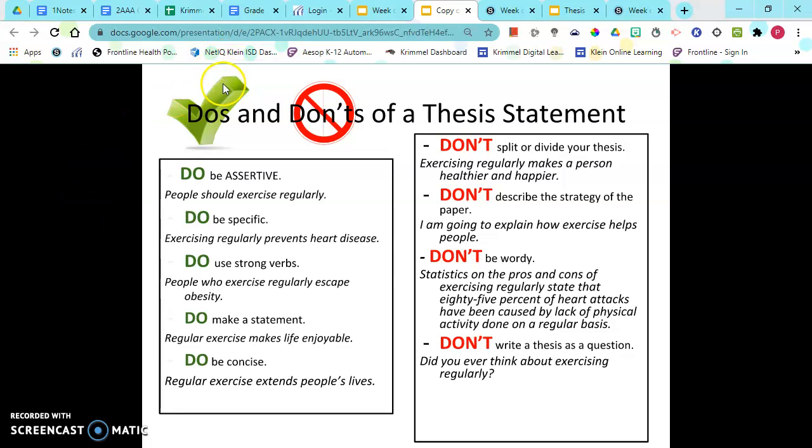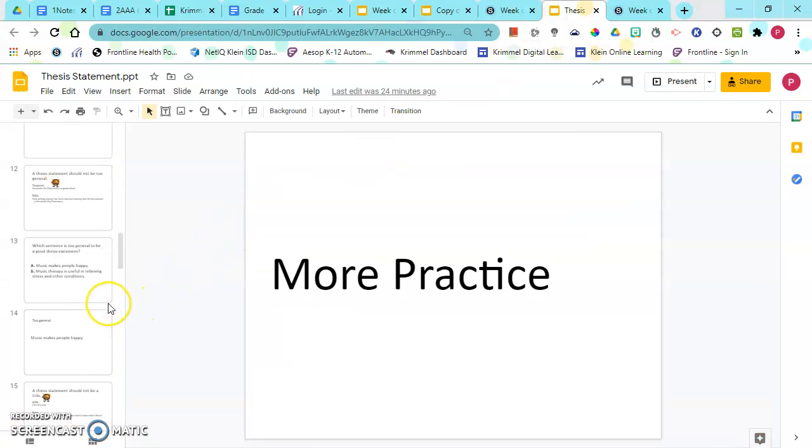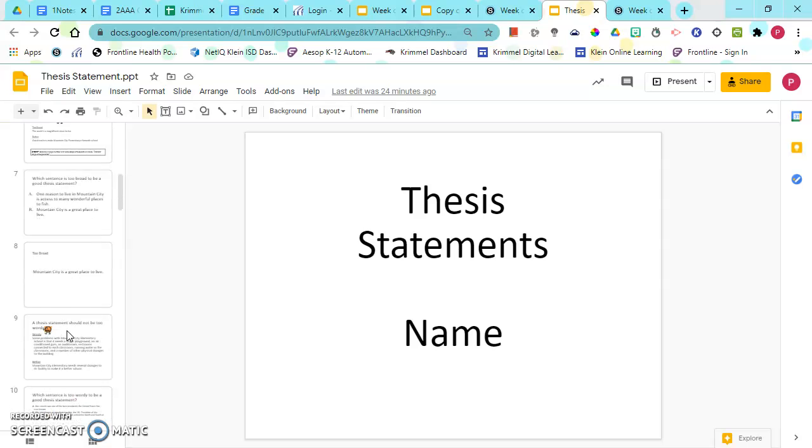After that, everyone went into Schoology, and at the bottom of this week's folder has been added a thesis statement slideshow. That thesis statement slideshow is just a very plain white slideshow that has the notes that you actually put into your notebook this week about what is a thesis statement and what is its job. Students were asked to review slides 1 through 20